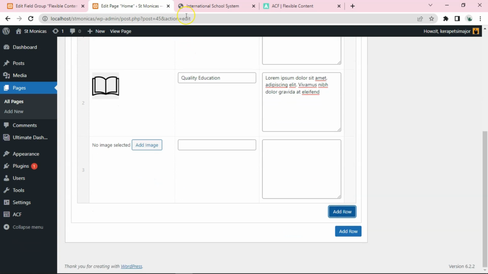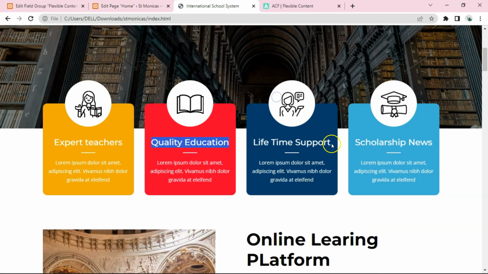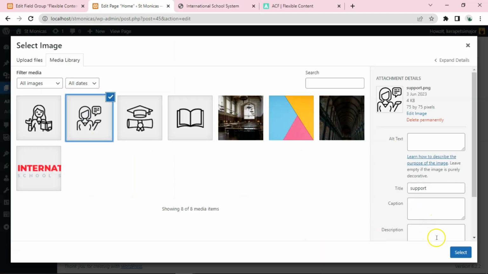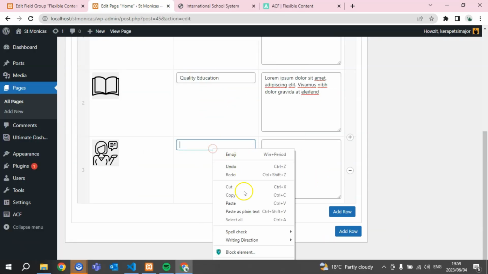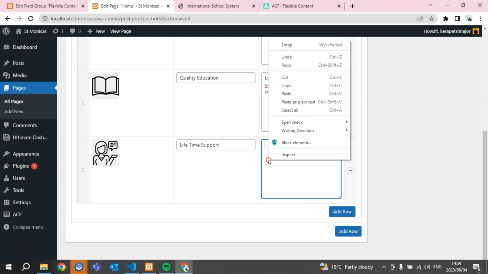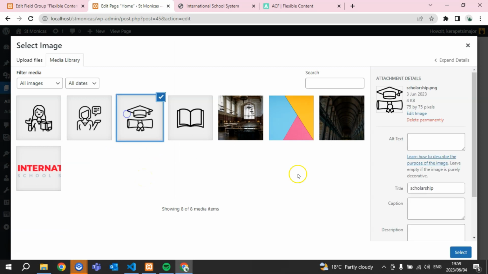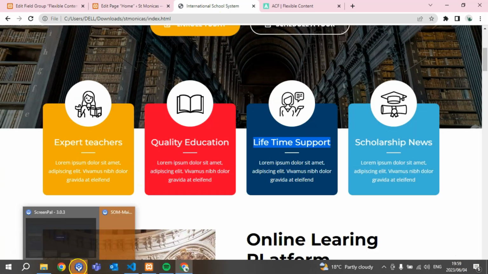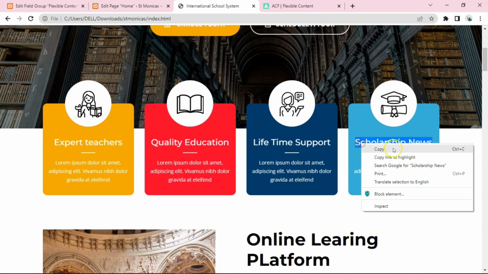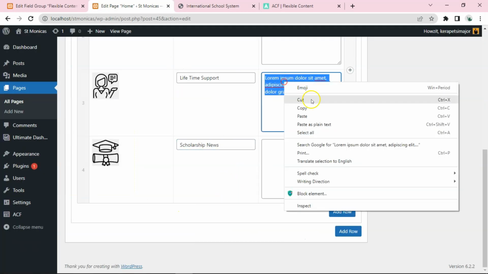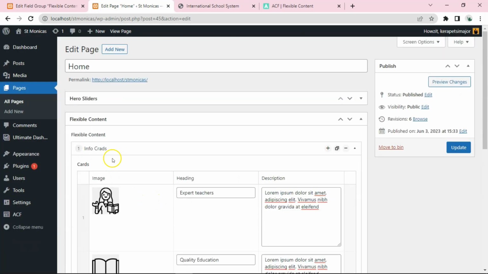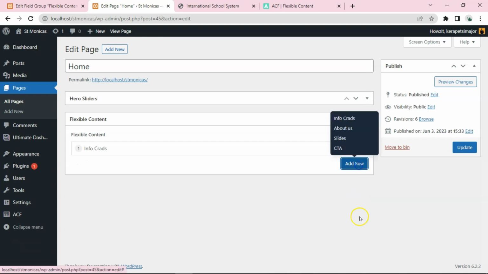And then the fourth one will be the lady, which is lifetime support. I think it's this lady. Then put lifetime support right there. Copy the same thing. And then we add the last part, which is this one. What do we have? We have scholarship news. Then we copy that, paste. Now we have our info cards, and we can collapse this by clicking here, and then we add another block,